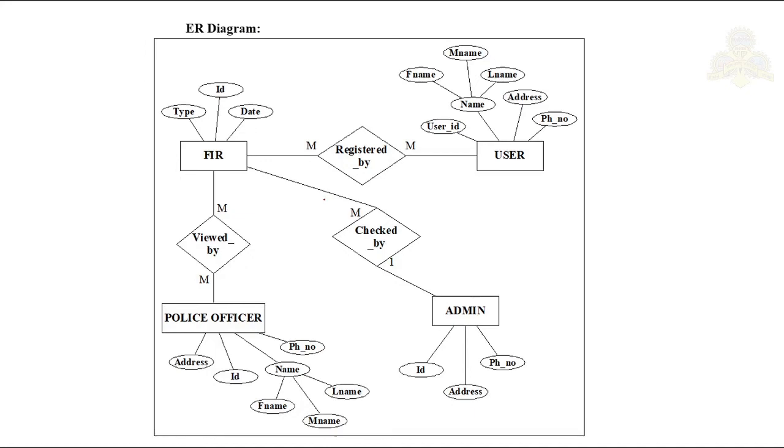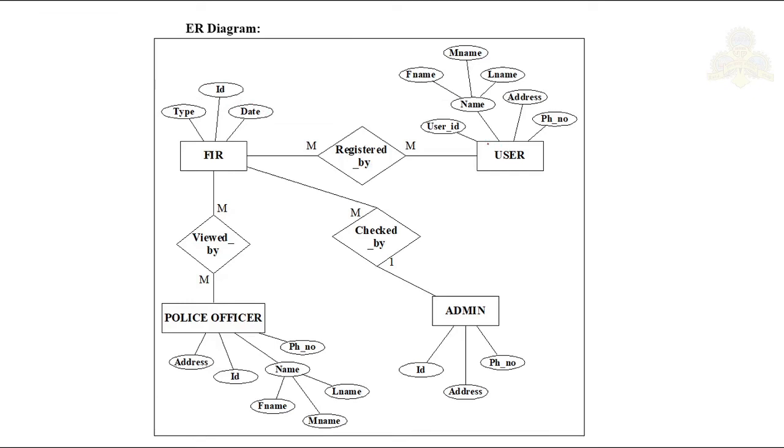We will take an example, the ER diagram of online crime reporting. In this diagram, whatever you see in these boxes are called entities. So FIR, user, admin, and police officer are the entities in our online crime reporting system, and the relationships between them we define in a diamond shaped box. The relationships are named like 1 is to 1 or m is to m. Now these attributes are represented in an oval shape.